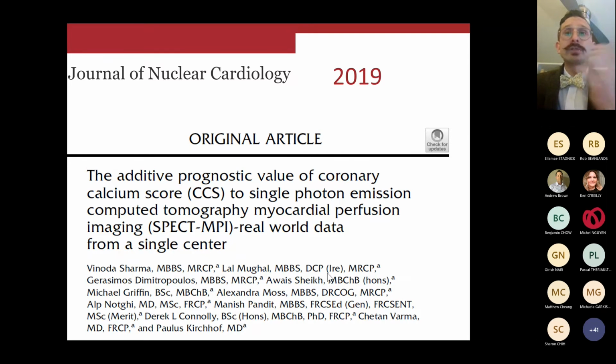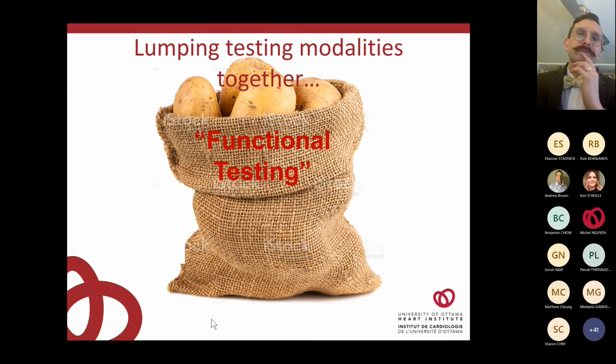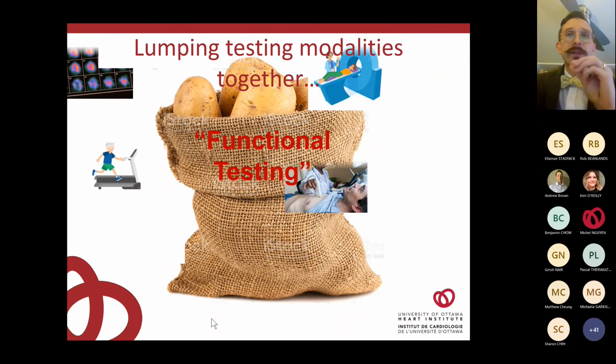It can identify which patients with normal myocardial perfusion scans have preclinical coronary artery disease that actually warrants aggressive risk factor modification and close clinical follow-up. The combination of perfusion imaging with coronary artery calcium assessment also improves the diagnostic accuracy and strengthens the prognostic power of perfusion imaging. Finally, ESCentric took issue with the fact that all stress testing modalities were lumped together in this